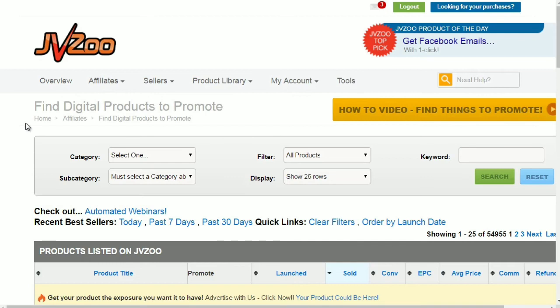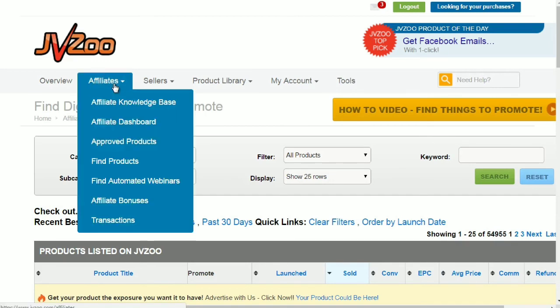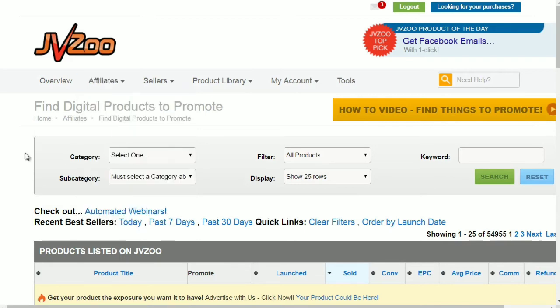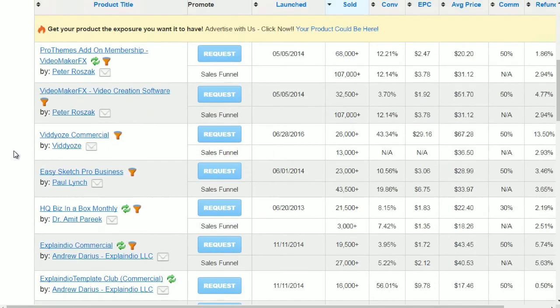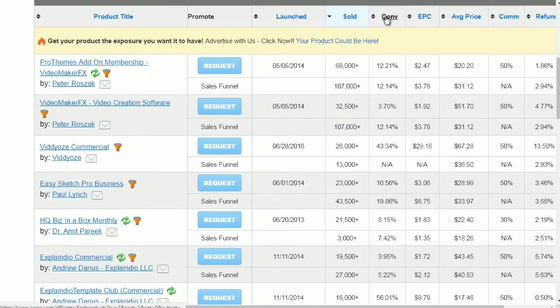Now, you do need an account to do this. So you need to go to jvzoo.com and create an account as an affiliate. And then if you go to the top and click on affiliates and click find products, you will be directed to this page where you'll be able to find digital products to promote. Now, obviously in this case, we're looking for vendors, but this gives us some good data to get an idea of what products are being sold, how much the conversion rate, the EPC, in other words, the earnings per click,